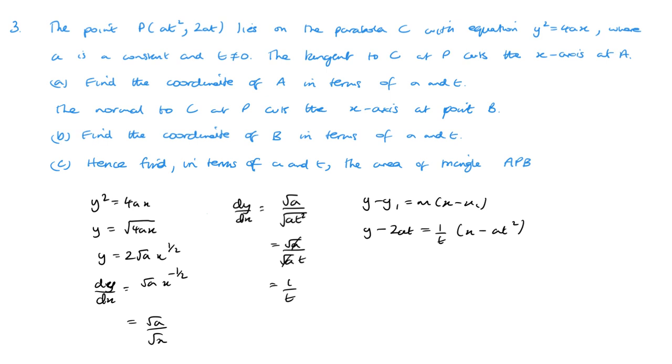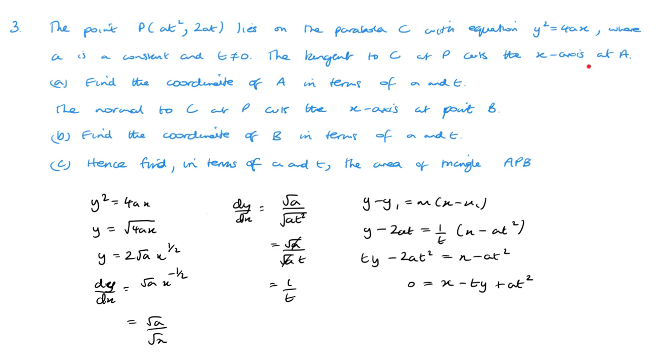So I'll multiply through by t. y minus 2at squared equals x minus at squared. Take everything to the side that x is positive, and I get x minus ty. Now I'm adding 2at squared to this, so it's going to give me plus at squared. Now it cuts the x-axis